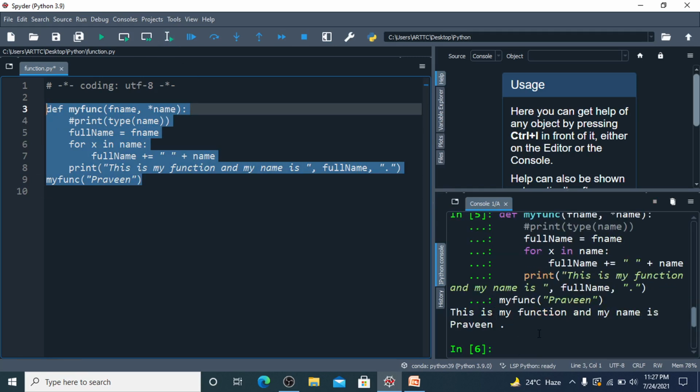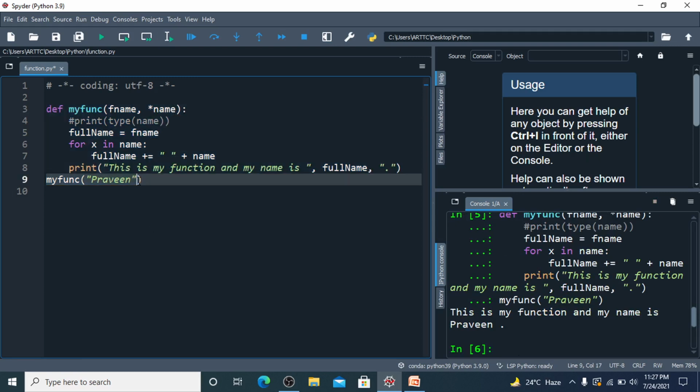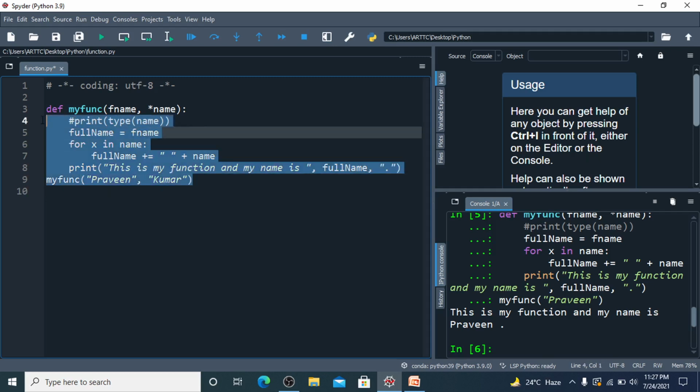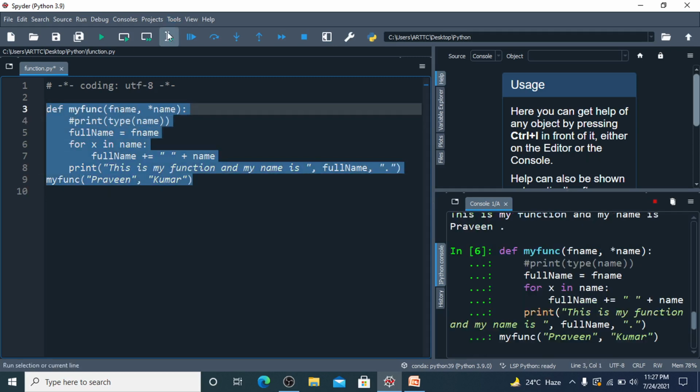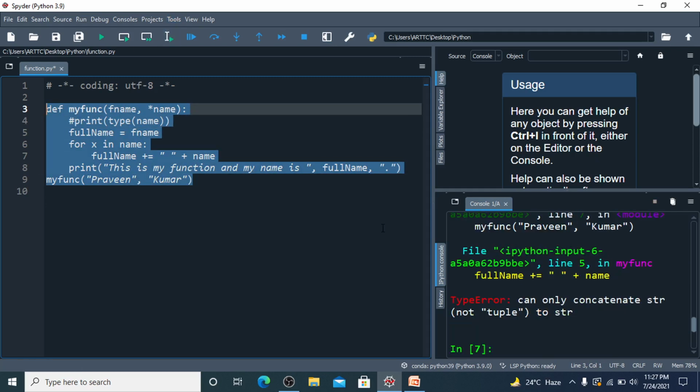So this is my function, my name is Praveen. What if I change it to two parameters? It will again work. Error: can only concatenate str, not tuple, to str. Let me check it here.